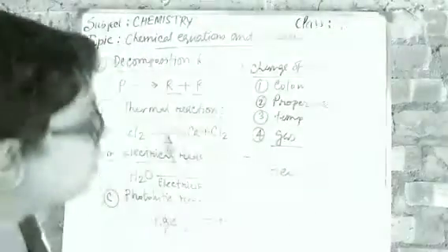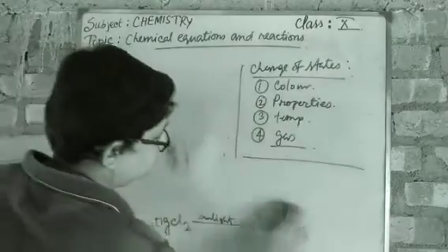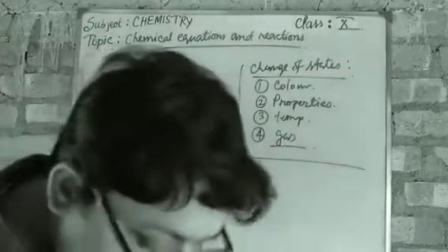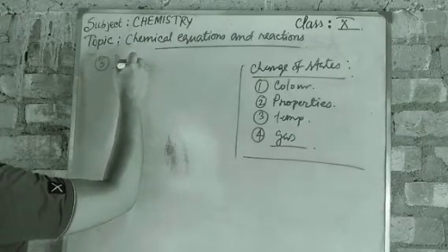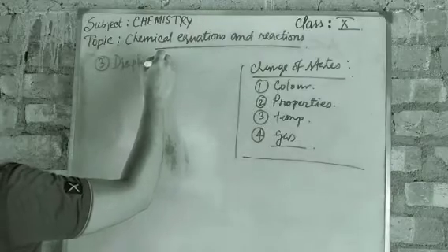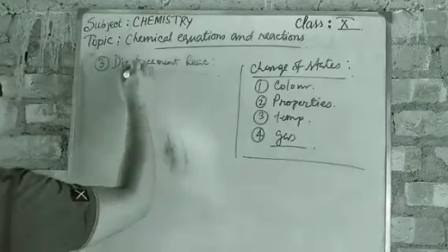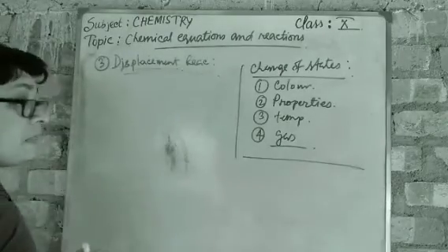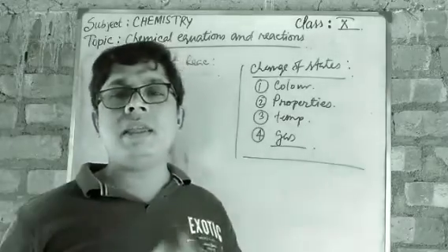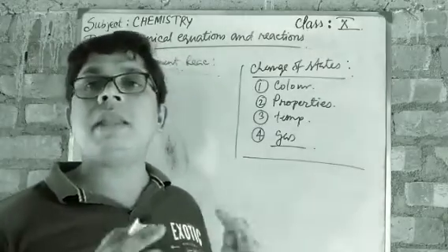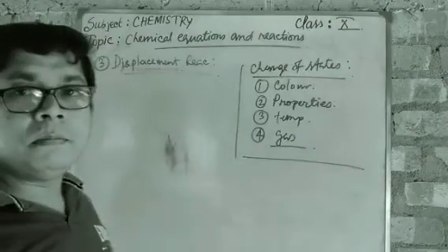Now come to the next type of reaction. The next type of reaction is known as displacement reaction. Look, displacement. At first come to the word placement. We have to take the subject in a very casual and easy manner, so that we can get it and gather it easily. So first of all, come to placement. What does placement mean? Placement means